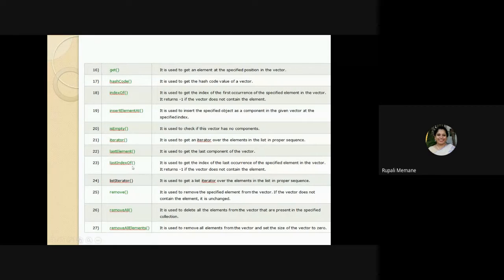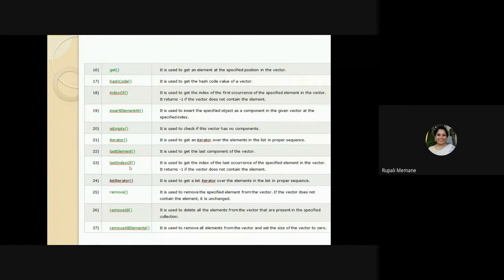Then lastIndexOf is used to get the index of the last occurrence. Now here we have seen indexOf. The indexOf method will retrieve the index of the first occurrence in the collection, whereas lastIndexOf will return the index number of the last occurrence of that particular element. So indexOf and lastIndexOf: the first occurrence and the last occurrence.